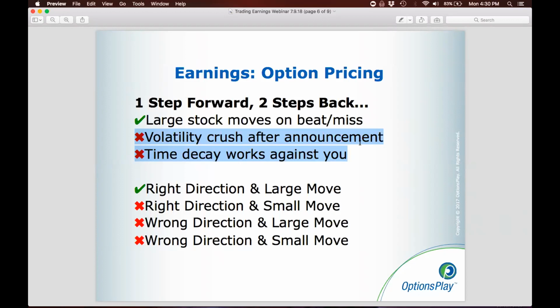So even if the stock doesn't move anywhere, you still have this loss in the option premium because of this loss in volatility. The second piece is you have time decay always working against you. The longer you hold on to an option that you've purchased, the more the time will decay and the more of the option you will lose to time value. So these two things are always working against you when you buy a call or a put. And in order to make your money on an earnings play, that large stock move has to overcome these two things that are working against you. So what that means is that out of the 4 different possibilities that you can choose, only one of them will provide you with profit, and the other 3 will typically result in a loss.